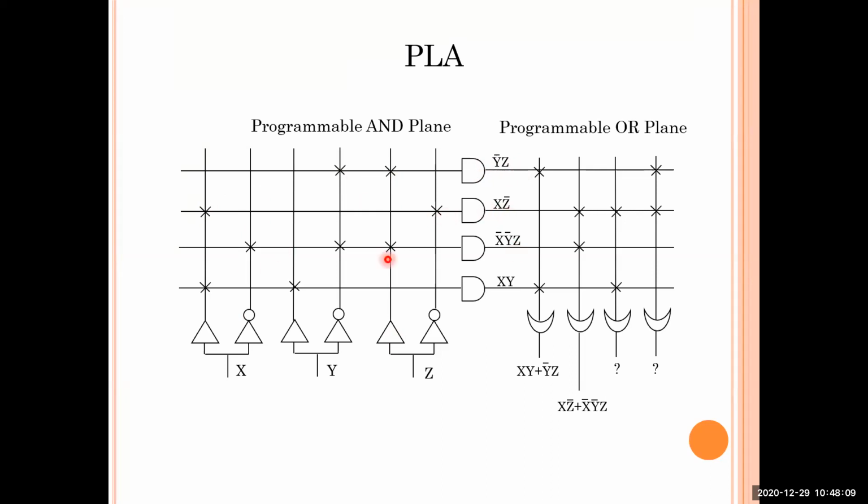In this case, three lines have been programmed. What are the three lines? It depends on the equation which you are writing. The three lines are X bar, Y bar and Z. So the programmed outputs are X bar Y bar Z, and ultimately here it is X and Y. These products become the input to the OR plane, and this OR plane will produce an output. So this is one small example of taking three inputs into consideration.